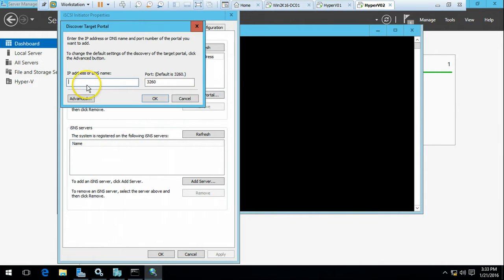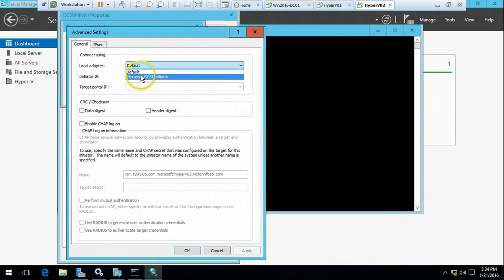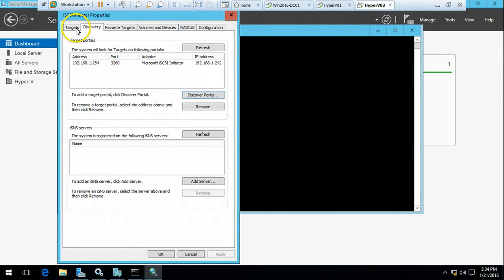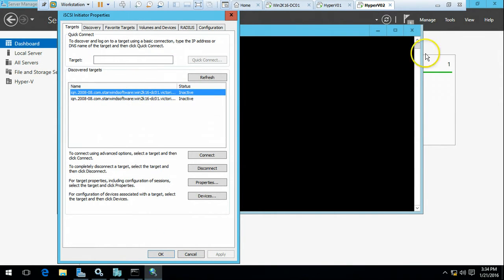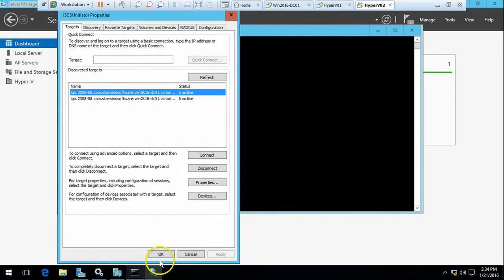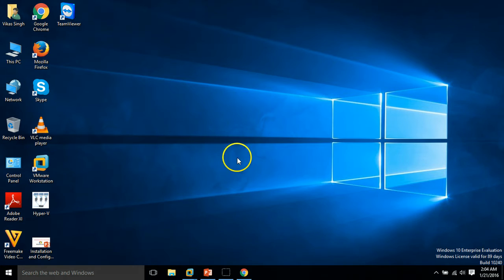I'm going to put the information once again, and advanced, Microsoft iSCSI initiator and initiator IP, and click OK. And here is our target. So most probably we have done these things, and